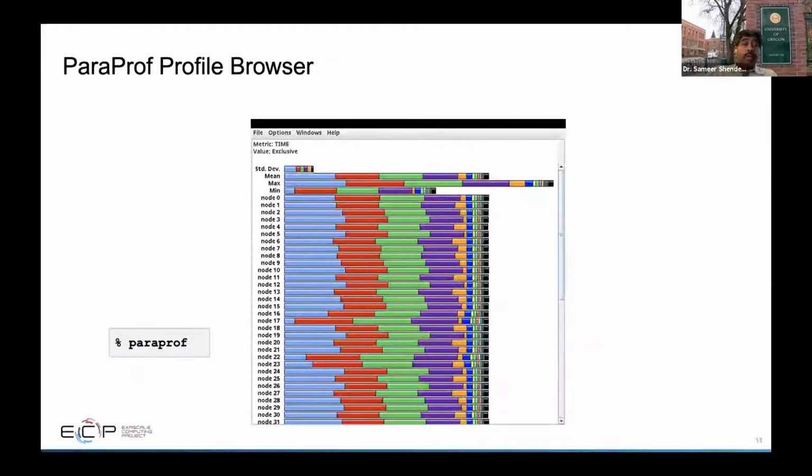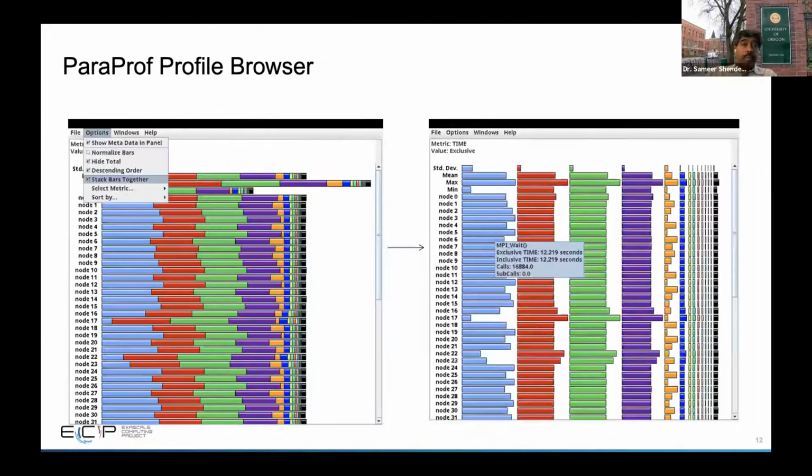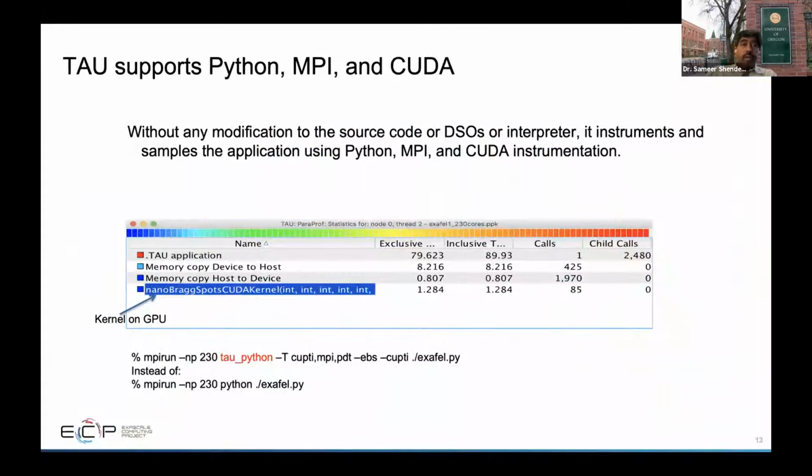Here is the profile browser that you will launch after you generate the performance data. ParaProf will show you what each MPI rank is doing and which functions or code regions were using how much time. If you just stack these bars separately, you will see each function in its own color space over here. You can also see a thread statistics table, and you can also see the event